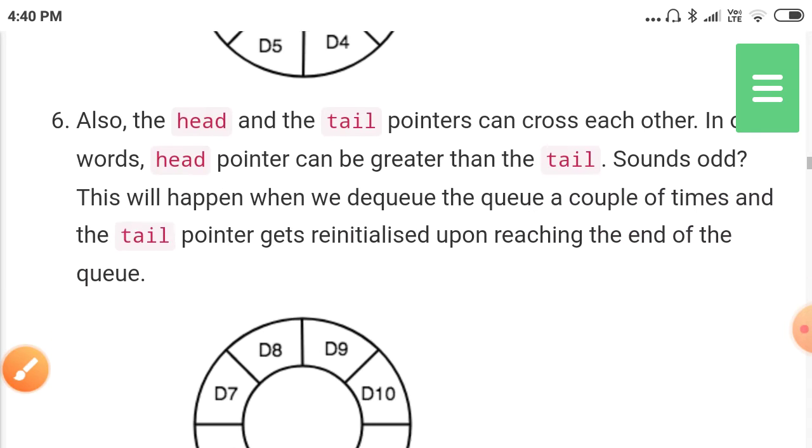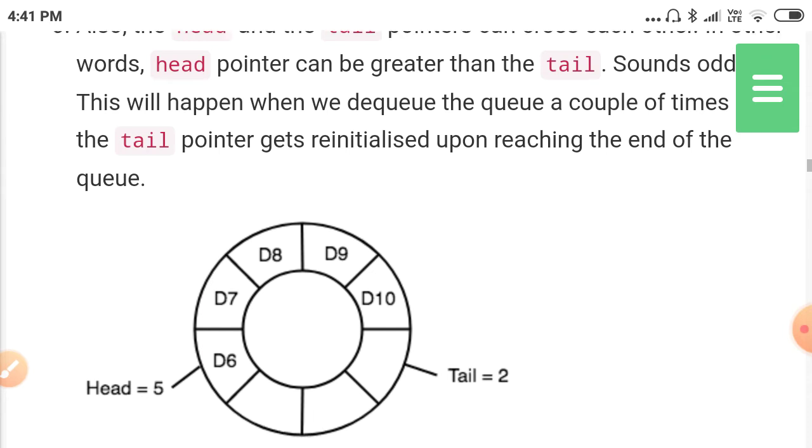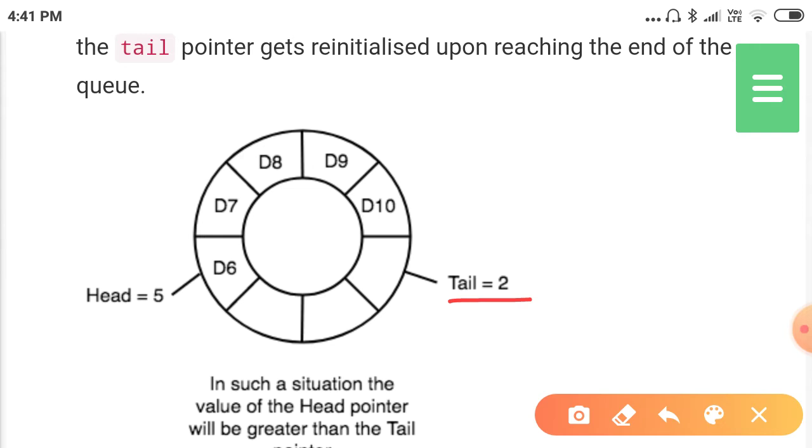Next, the sixth feature of the circular queue is that head and tail pointers can cross each other, and then the head pointer can be greater than the tail. See here, the tail is 2, because the range starts from 0, no?